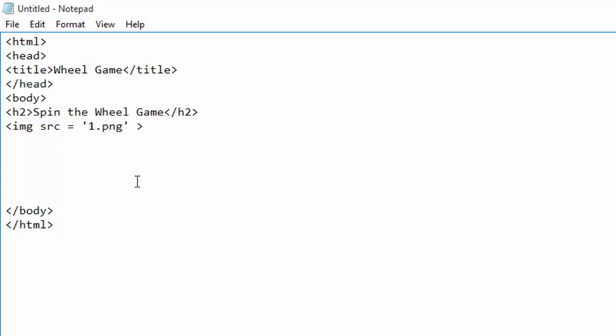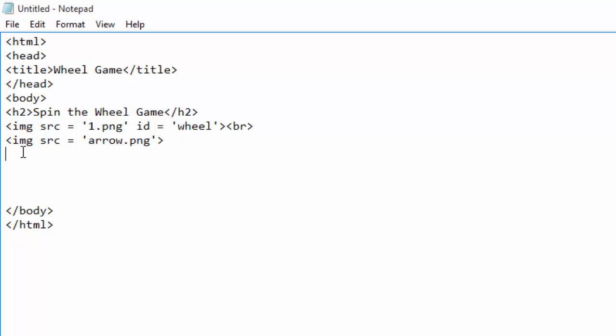This one I will also go ahead and give it ID and call it wheel. Then I will put BR, and down here I want the picture of the arrow, so I will just write here arrow.png,